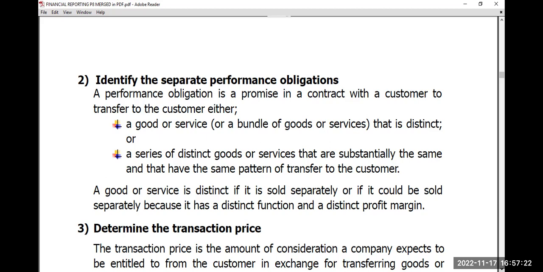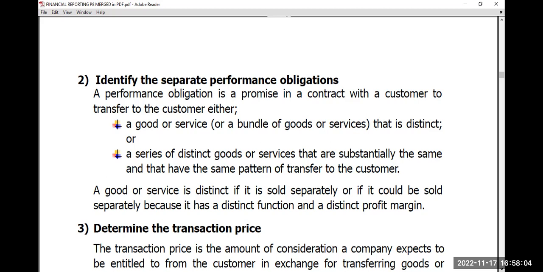If I'm the seller and we are saying that the performance obligation is a promise in a contract with the customer to transfer to the customer, these are the things that we transfer or deliver to our customers upon fulfilling the terms within the contracts. One, it may be a good or a service, or it may be a bundle of goods or services. But the condition is that those goods are going to be